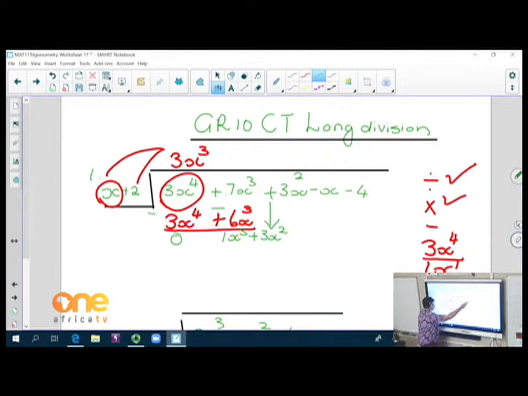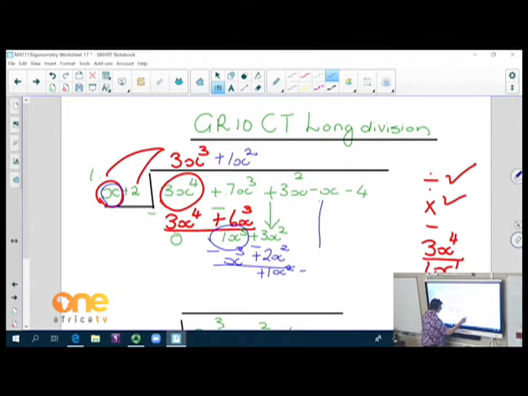So now we're going through those steps again. How many times will x divide? How many times will this x now divide into this number here? And it will be plus 1x squared times. Multiply, then you have x to the power of 3 plus 2x squared. Subtract, so we change the second signs and add. Plus 3 minus 2 is plus 1x squared, and we bring down